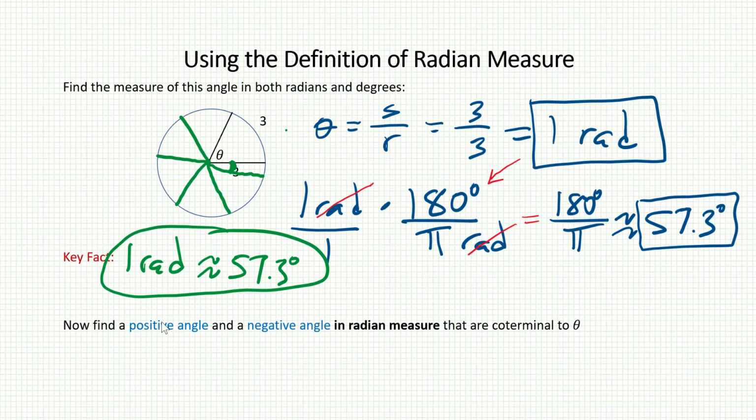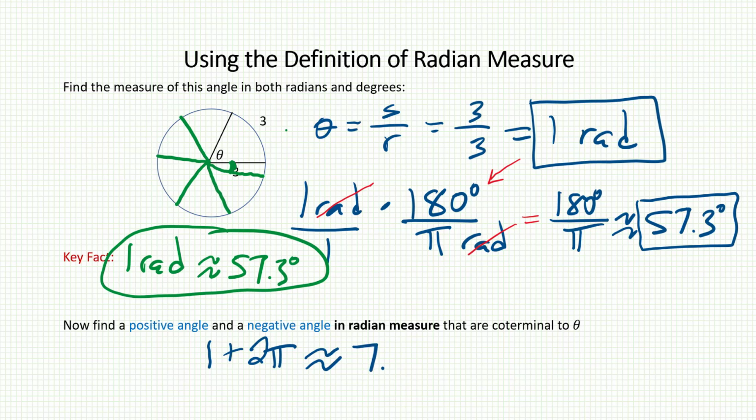Okay, now we want to find a couple of coterminal angles, a positive angle and a negative angle in radian measure, coterminal to our original angle. Well, I can find as many coterminal angles as I want by simply adding or subtracting multiples of 2 pi. So we have 1 radian at the start. If I just add 2 pi, that is a coterminal angle, 1 plus 2 pi. It's kind of funny looking, so we would probably give a decimal off the calculator, and we would end up